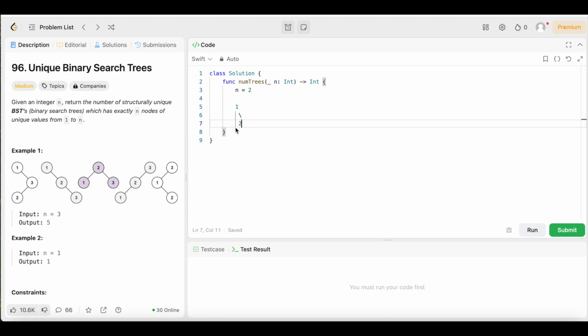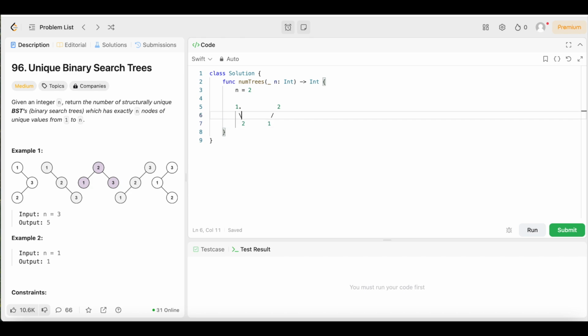We could do it like this, or we could do it like this. We could add 2, and then add the 1 as the left child for the 2. So hold on, let's clean this up. But these would be the only two